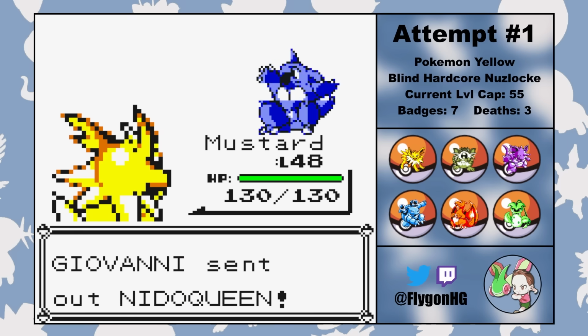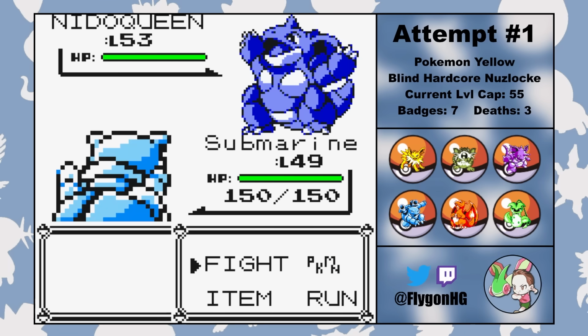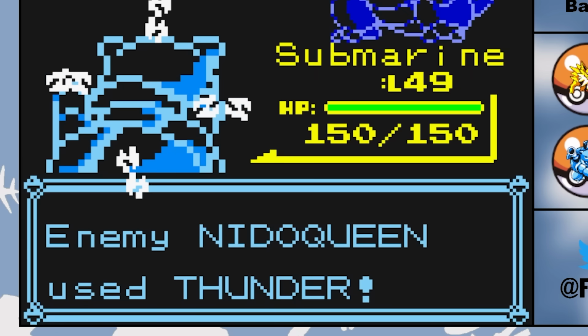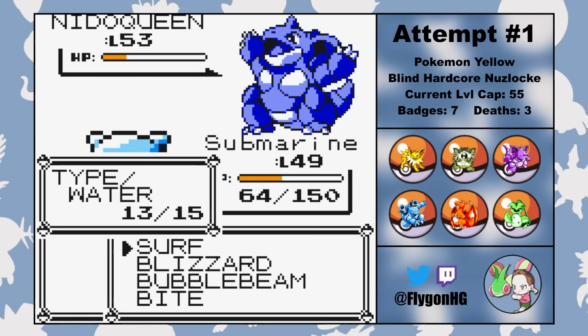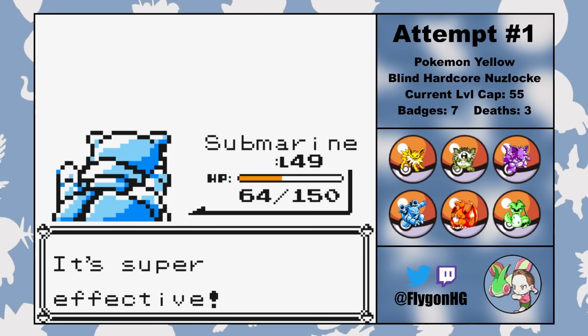Third is Nidoqueen, so I switch to Submarine as Giovanni uses another Guard Spec. Then we nail the Poison Ground type monster with a Surf, which doesn't do enough damage to kill, but it doesn't really matter because— oh my god! Yeah, I did not see that Thunder coming. I mean, thankfully it doesn't crit or paralyze, so we can kill Nidoqueen with a second Surf, but boy,